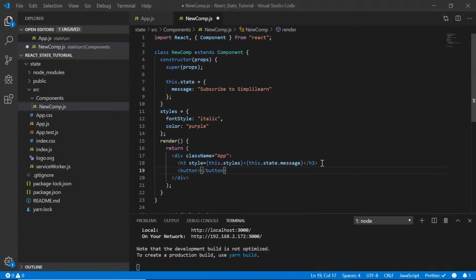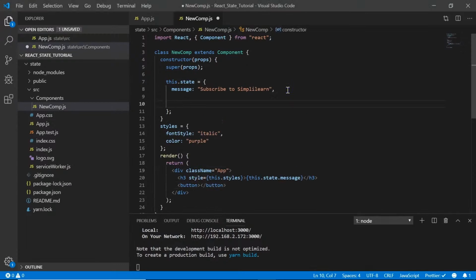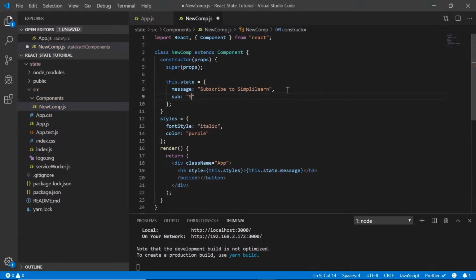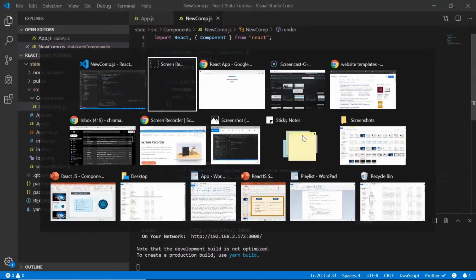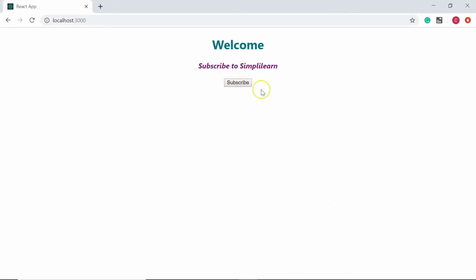So instead of explicitly mentioning subscribe here, I create a prop. I say sub and I say subscribe here. And back in my render method, I say this.state.sub. So let's save it. And if you look at the browser now, you have a button which displays a message